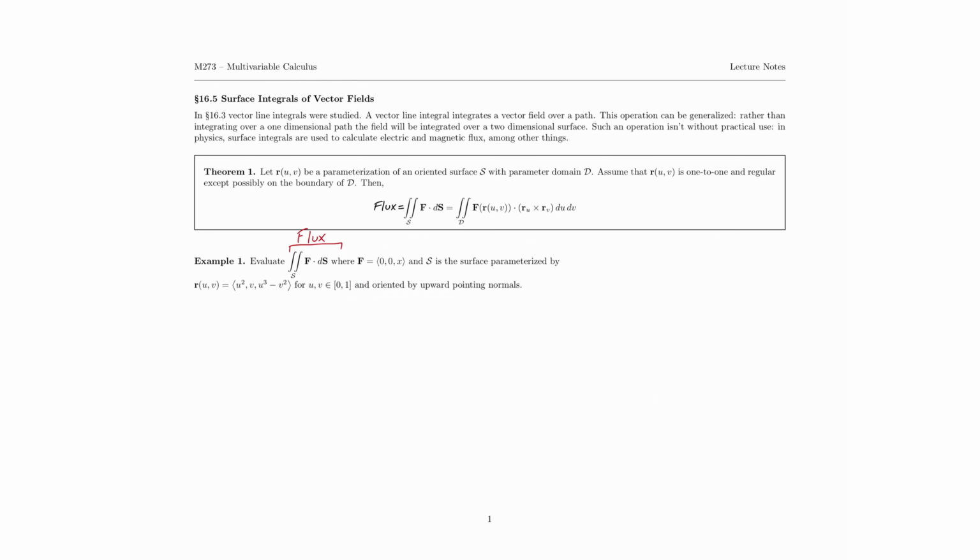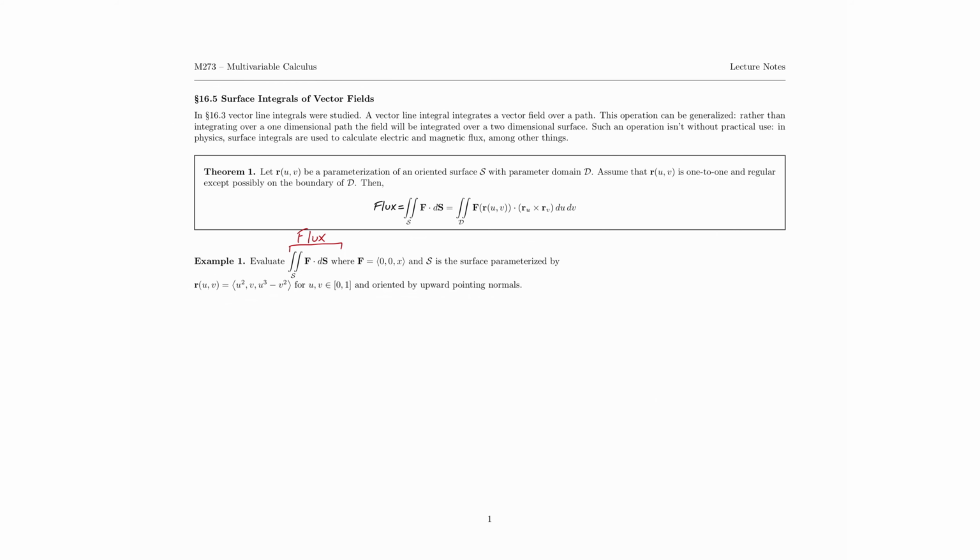And the surface S, they actually give us the parameterization for it. So we have the function and we have the domain. And they want us to orient the surface by upward pointing normal vectors. So we do not actually have to type this into a computer or know what this parameterization actually produces. So what I'll go ahead and do here is note that, well, if we're going to calculate